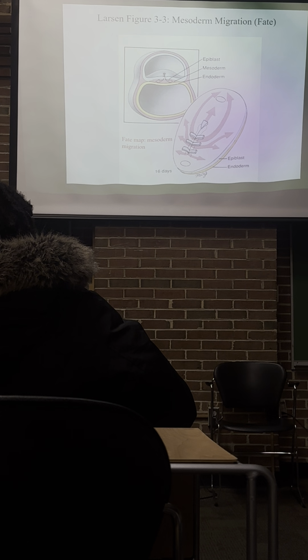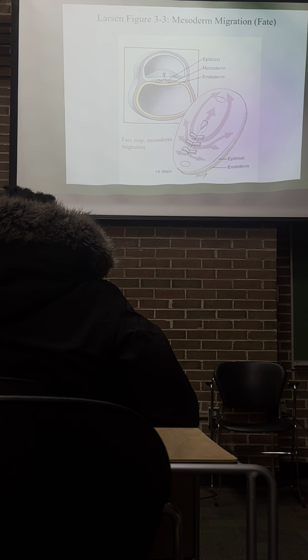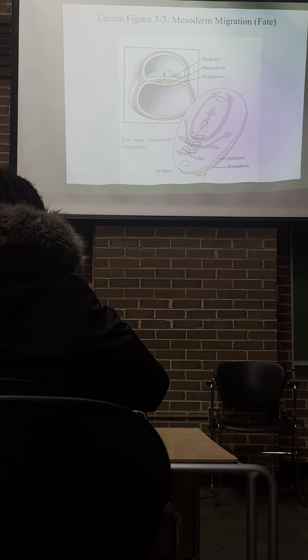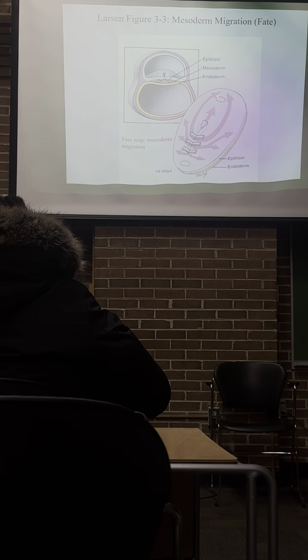Recall that epiblast is associated with the amniotic cavity. Endoderm is associated with the yolk sac. This is a fate map. Okay, this is a fate map of the development of mesoderm and its migration in this potential space between the ectoderm and endoderm. So you see the mesoderm that's formed around the primitive node, the primitive pit, migrates directly to